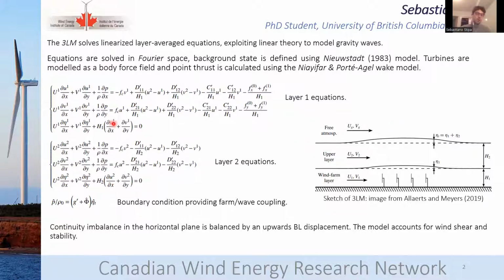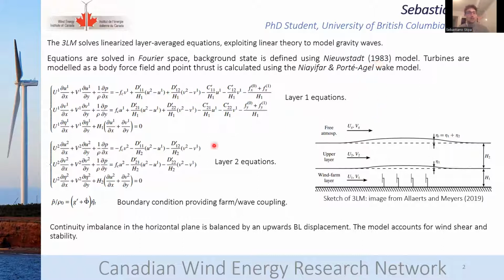The equations are first vertically averaged, meaning that we have a 2D system in each layer, because there is no Z variation. Then those equations are linearized around atmospheric boundary layer conditions, so without the wind farm, which would correspond to an LES precursor, or it's evaluated using some other model. For example, here we use the Nieuwstadt